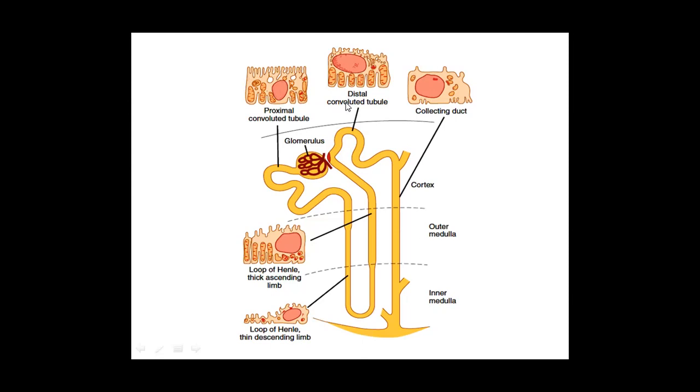So all these things indicate that there must be some active transport mechanism involved in thick ascending limb and distal convoluted tubule. But the absolute or total amount of molecular transport is not that high as compared to the proximal tubule. As compared to proximal tubule, the amount of transport is not that high, but all these transports must be some kind of active transport.